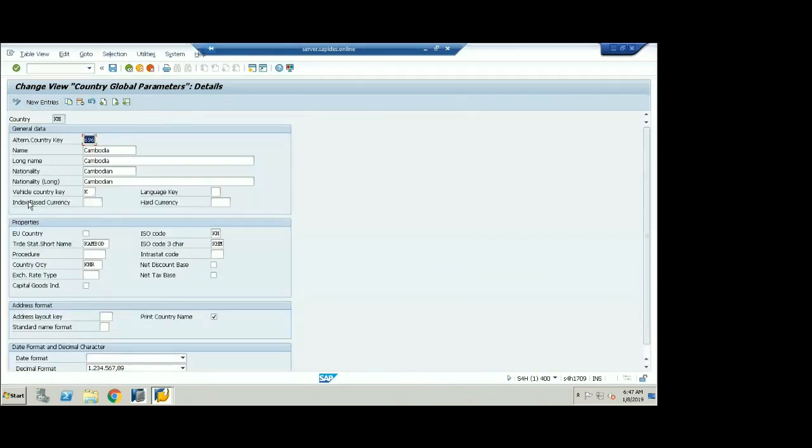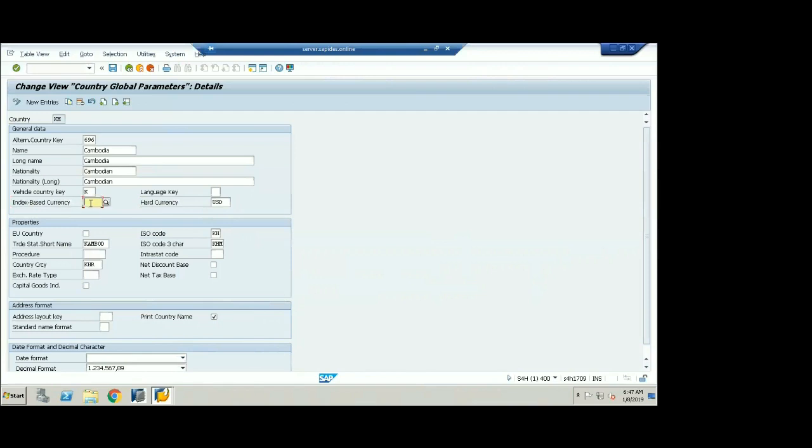Here you have to give the index-based currency or the hard currency. Very, very important. The hard currency which I'm going to give as my USD is nothing but my hard currency, because based on the inflation risk, I'm using the USD as my hard currency. Either you can give the index-based currency based on the requirement.